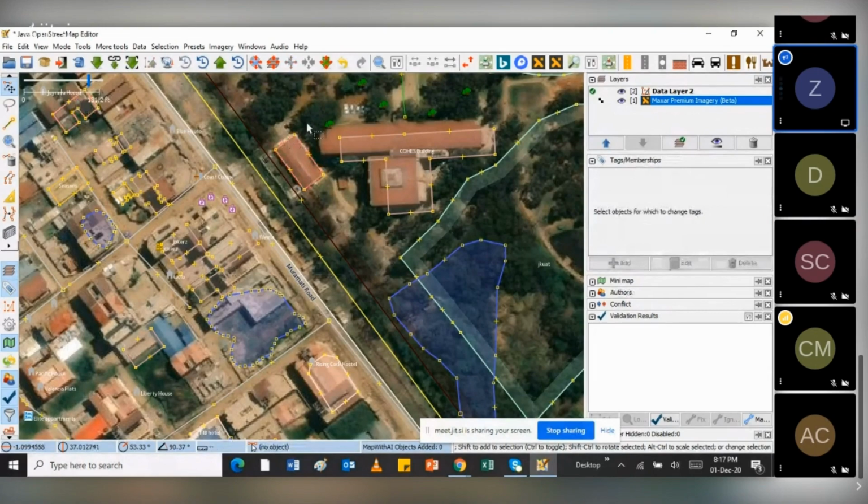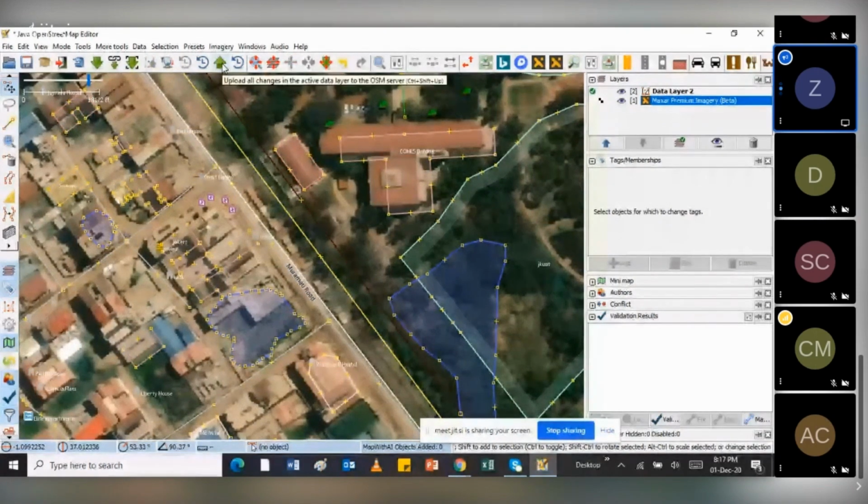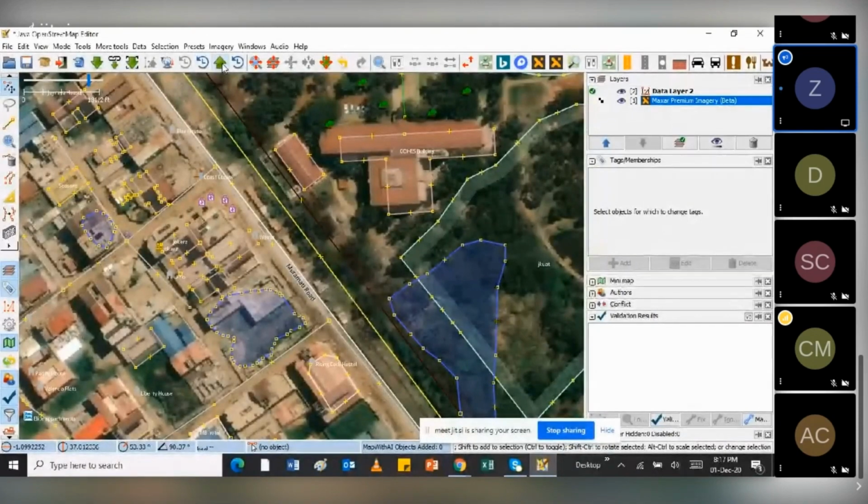So we have two types of upload. This is the mass upload, which combines everything that you've edited. Remember on iD, every time you do an edit, it adds a number showing the number of edits that you've done. Unfortunately, here on JOSM, it doesn't show. It only appears when you're uploading.